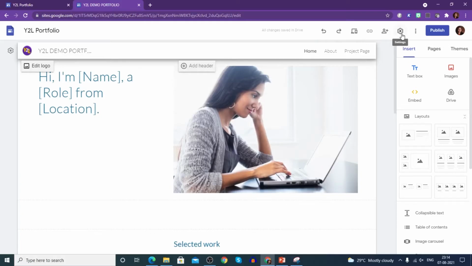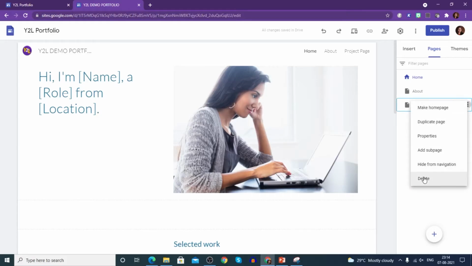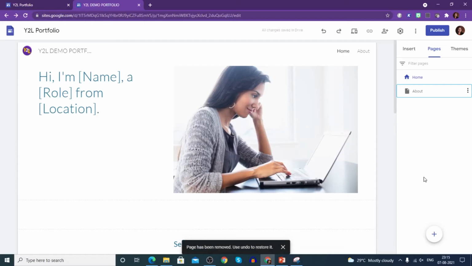Now before coming to the settings option, I would like you to arrange the pages first. Now if you go with this, it would be very helpful to you to organize your portfolio. To go to this, we need to come to the pages tab first. Let's click here. Now you see there are 3 pages: home, about and project page. You see these 3 are also coming here: home, about and project page. Say you don't want a project page. What you need to do is click on the 3 dots that are appearing here and then select delete. So this would be deleted.